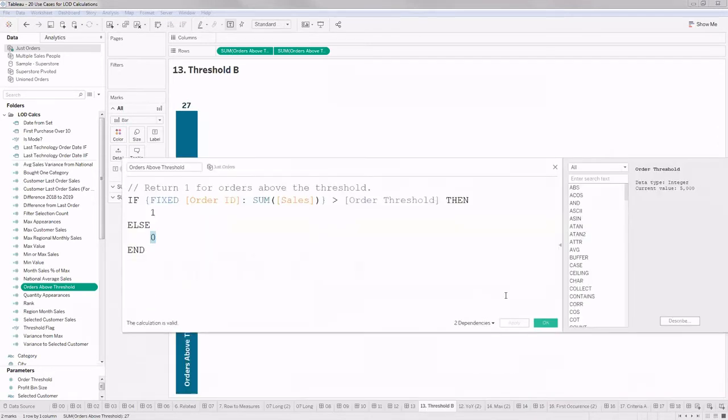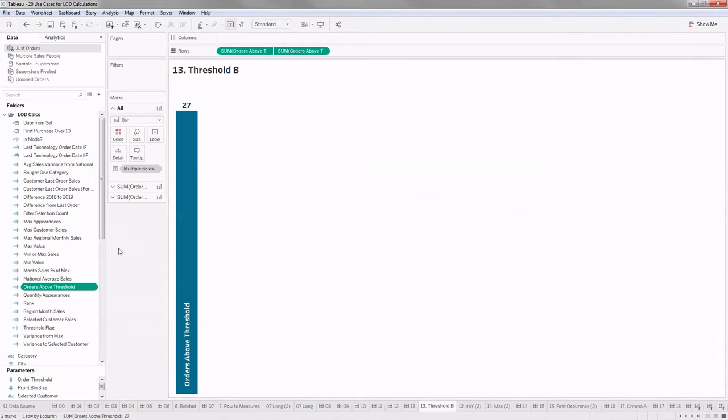Okay, we have this conditional statement using LOD, and since we have grouped all the ones which are above the threshold as one, I can simply put the sum. Sum of orders will give me the occurrences of one. It's currently saying 27, right?